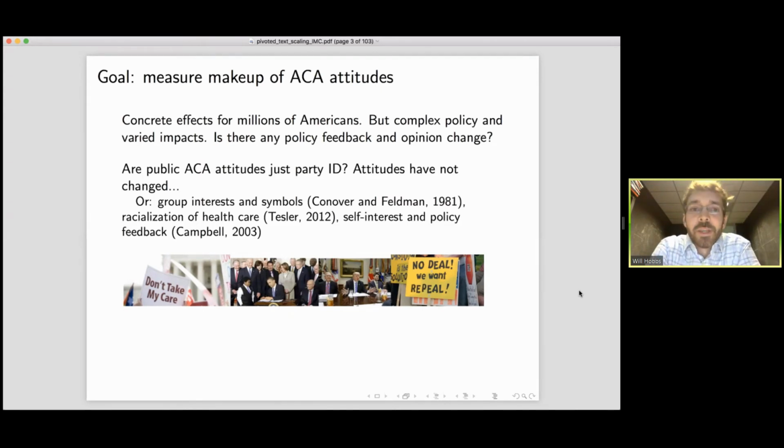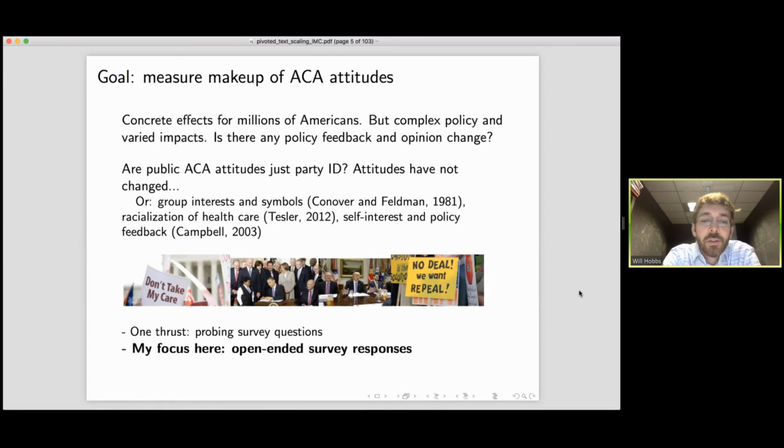That's especially true because we know that attitudes on the ACA are really polarized by party ID. And attitudes, at least in terms of support or oppose, haven't changed much at all since 2009. So part of this project considers a variety of influences on public opinion on the ACA beyond party ID, including group interest, racialization of healthcare, and self-interest. And it does this partially through probing closed-ended survey questions, but also, and what's the focus here, through open-ended